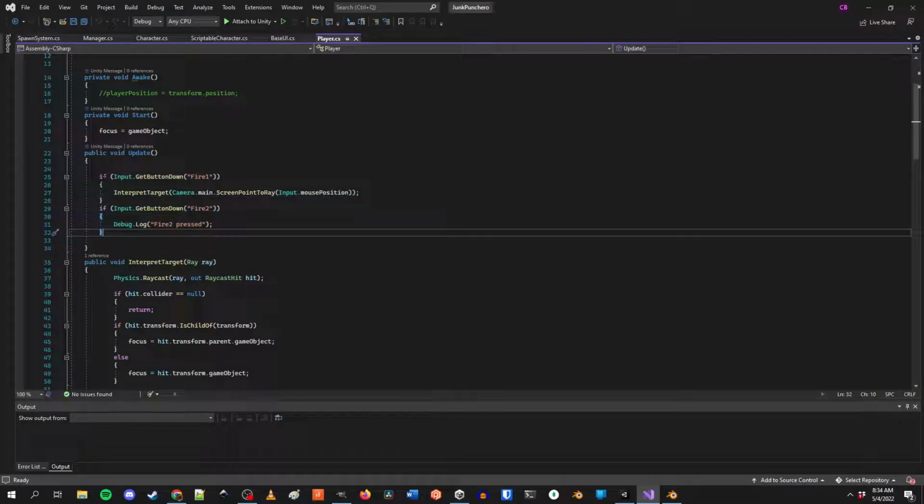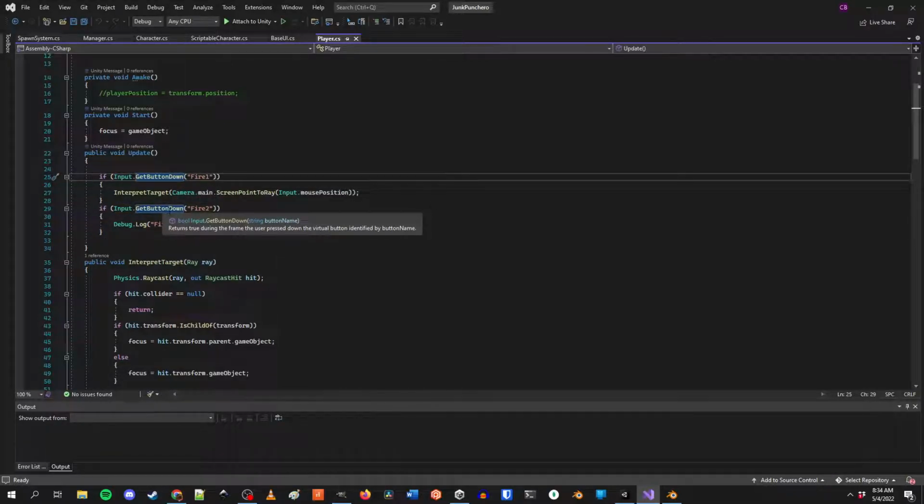So what it's basically doing, and I want to refactor this too, every frame it's looking to see if I've hit either the mouse button left or right, and they're not actually the mouse button left or right. Unity allows you to label an input and have various input types for it. So in this case I have Fire1, and I've set in Unity Fire1 could actually be left mouse button, or I want to say left control. So that way you could use keyboard controls or you could use the mouse controls. And Unity comes built in to acknowledge the